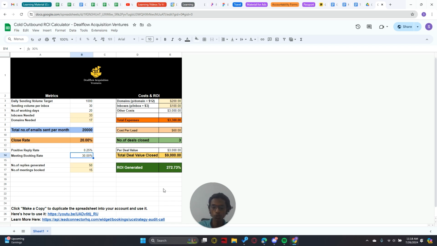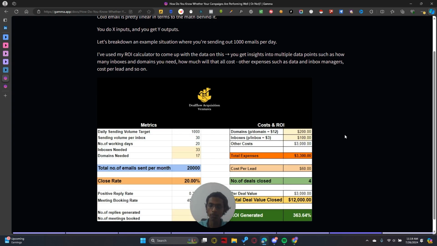272.73% ROI, basically a 2.7x return on investment. How many deals you're able to close, what's the cost per lead, and things like that. You're able to get all those calculations. And just like that, of course, you get the domain costs and inbox costs automatically calculated based on these assumptions, which is per domain cost to be $12 and per inbox cost to be $3. So yeah, and of course, you can change this as well. It's a rough estimate of how much it will all cost you at the end of the day, including inbox managers, data enrichment, and so on. So, yep. With that being said,